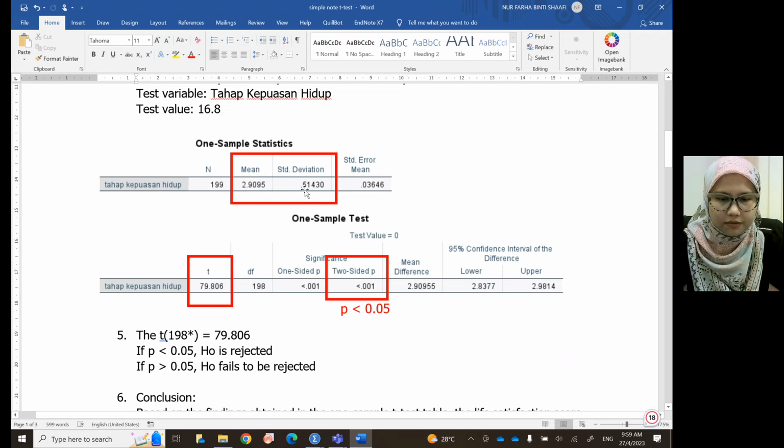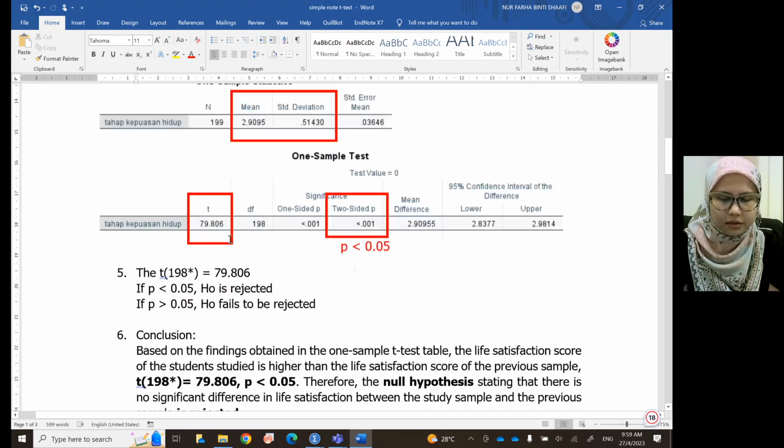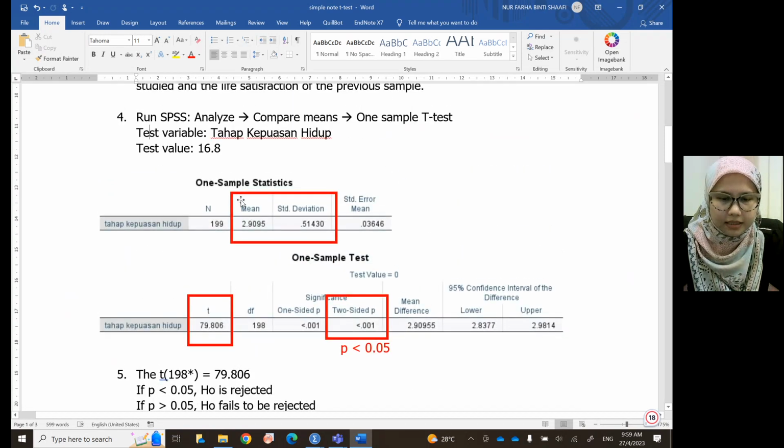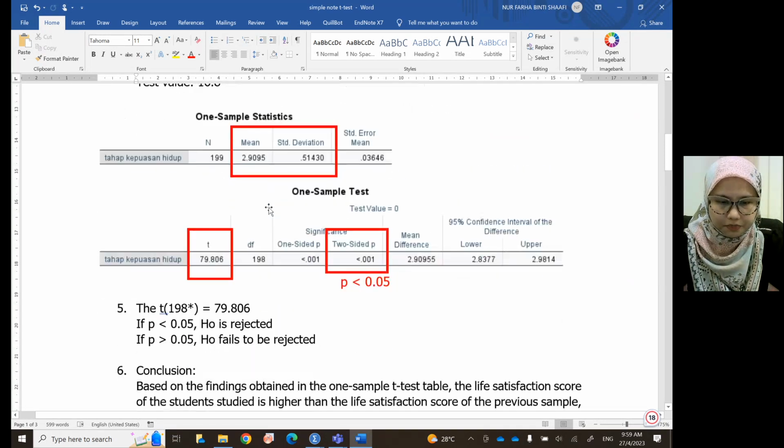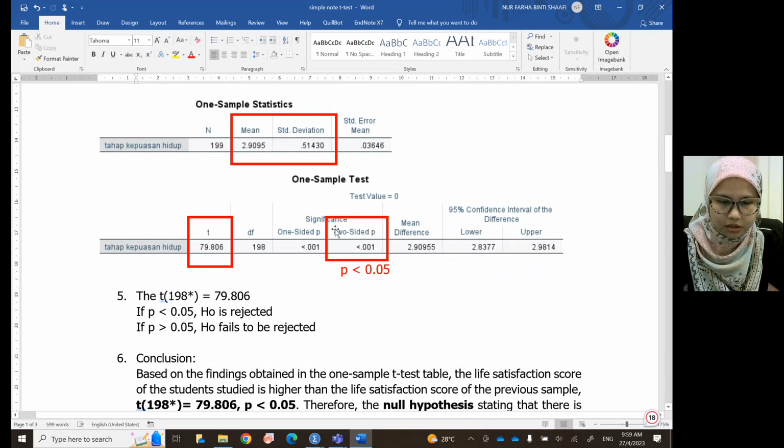Standard deviation is 0.51. All right, and then okay, this is just the mean and the standard deviation value. Now we look at the second box, one sample test here. All right, so from here, okay, you can see T here. T, the value for T test is